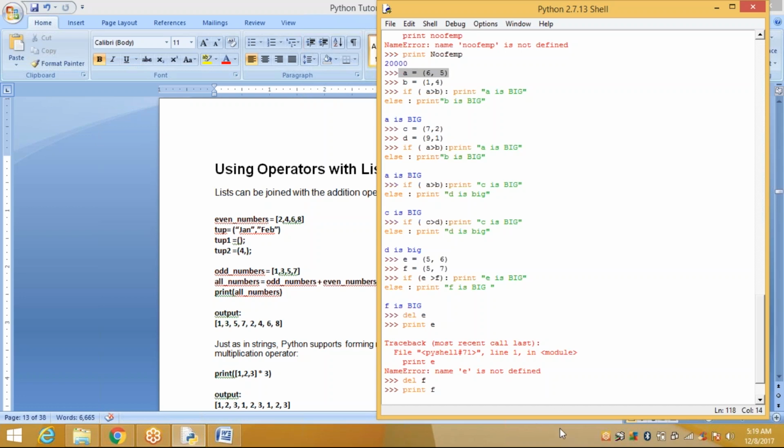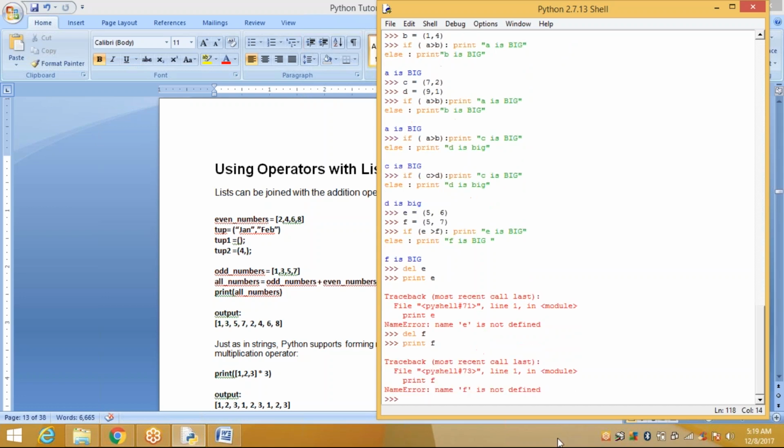Next, how to slice these tuples? To fetch specific sets of sub-elements from a tuple or list, we use this function called slicing. Slicing is not only applicable to tuples but also to arrays and lists. Already we have applied slicing on strings. You can also apply it to lists and arrays. So this slice method we can also apply in tuples. How to apply it?